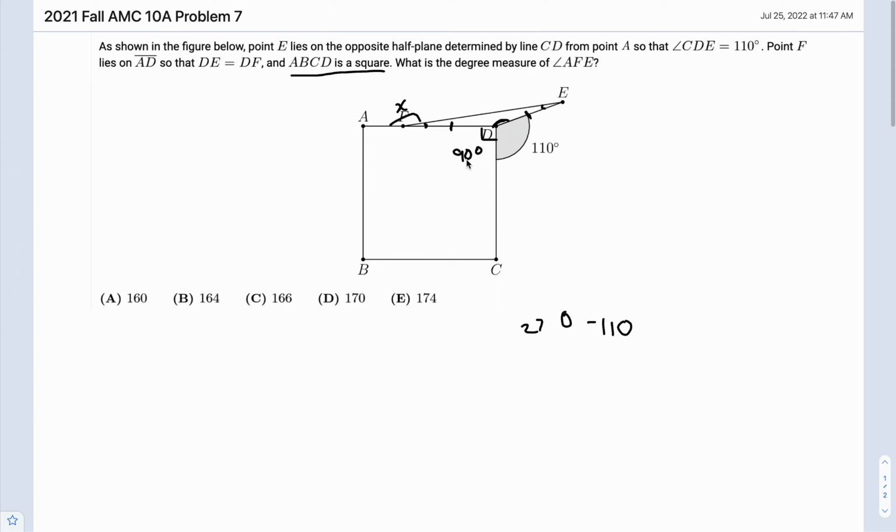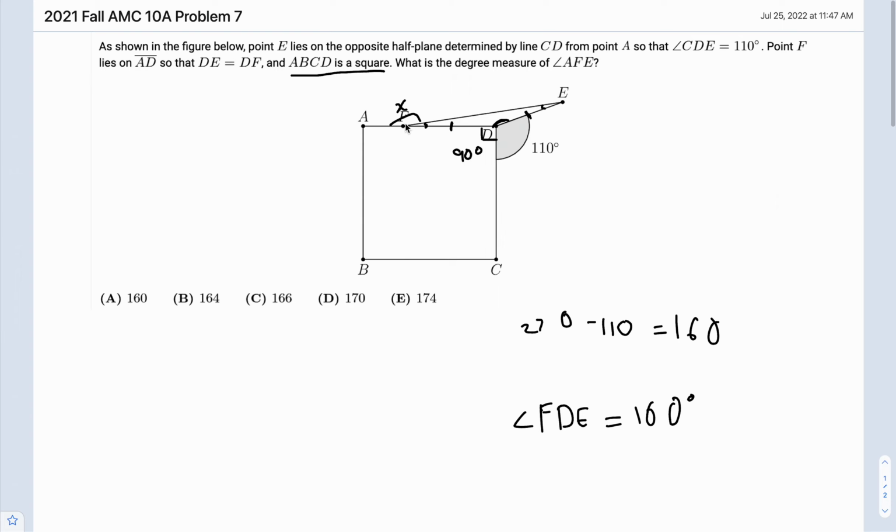This is 90 degrees. 360 minus 110 minus 90 is 160. So we get that angle FDE is 160 degrees. We know that DF and DE are congruent, and their angles are congruent because it's an isosceles triangle. So the two congruent angles add up to 20 because the interior angles of a triangle add up to 180,